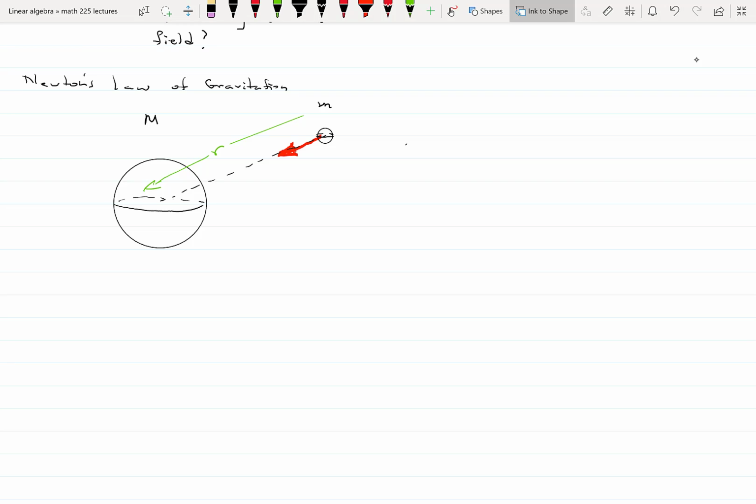And in constructing Newton's law of gravitation, we considered 2 masses. We can consider those 2 masses to be a big mass, maybe the Earth or the Sun, and the small mass as being the Earth or the Moon. So if we let the big mass be the Earth and the small mass be the Moon, just for example,